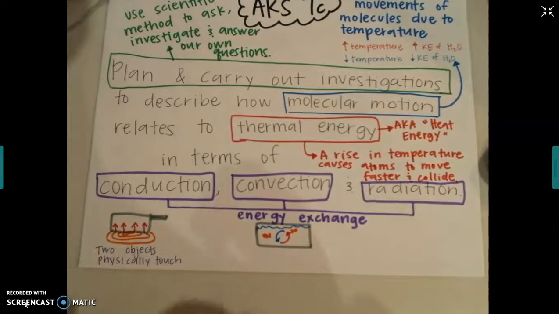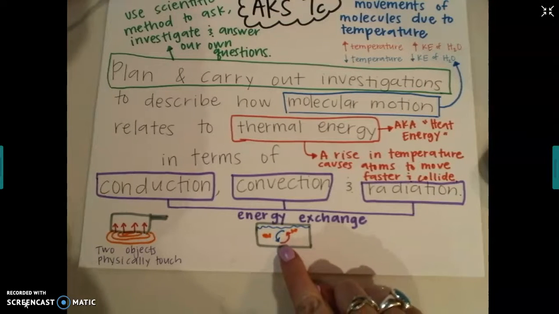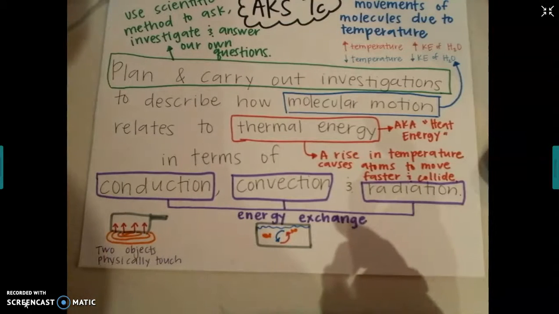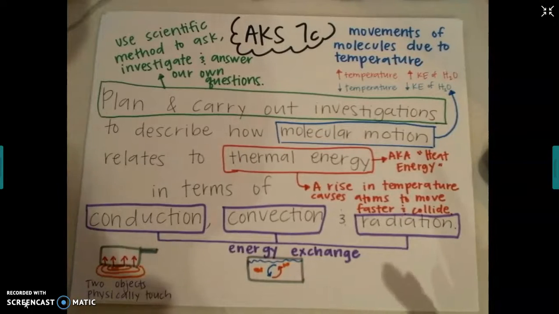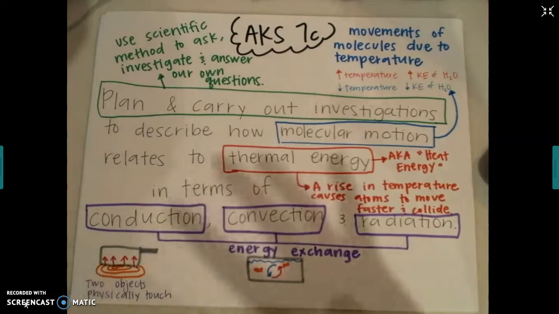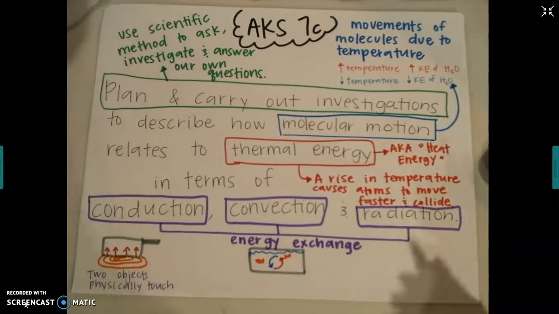So cold liquids are going to sink to the bottom, and that's what I've drawn with my little blue arrow, and hot liquids are going to rise to the top. The same goes for gases. So if you've ever been in a multiple-story house, you might have recognized that it's warmer on the top floor than it is in the basement. This is because that gas is rising to the top if it's the hottest and sinking to the bottom if it's cool. So beneath my aquarium, I'm going to write